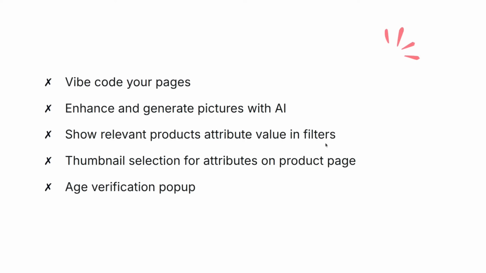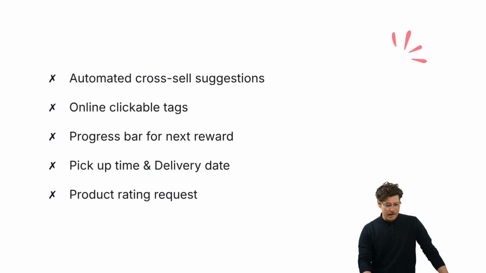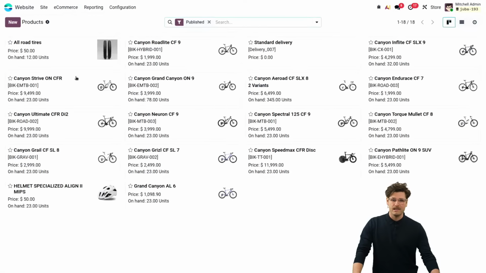So those were the content and the design improvements. Let's dive into the enhanced customer journey. And let's see the automated cross-sell suggestion. So one of the main features that you have to have on your product, according to me, if you want to increase your sales or optimize it, is to suggest relevant optional products or